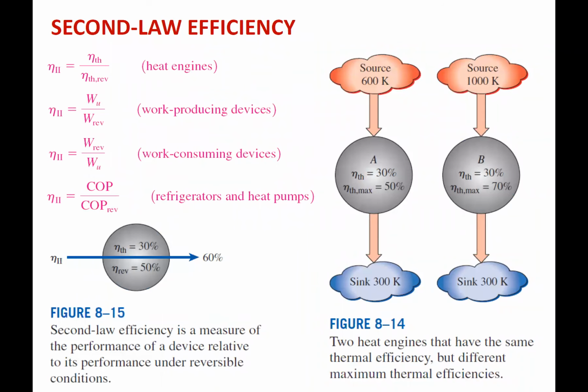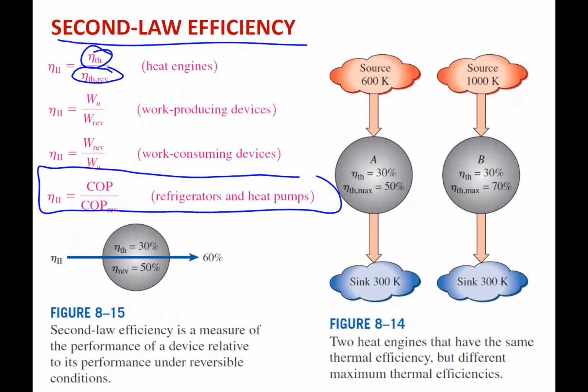All right, so second law efficiencies. All these ones are kind of the simpler ones, showing, as I mentioned earlier, that Carnot is our limiting case, right? That's Carnot, our reversible thermal efficiency for a heat engine. Then we would just take our efficiency and divide it by that. So now we have our maximum is 100% when we do that, because we're looking at our thermal efficiency to the reversible case. Or down here, refrigerator and heat pump, same idea, where we have the actual COP over the